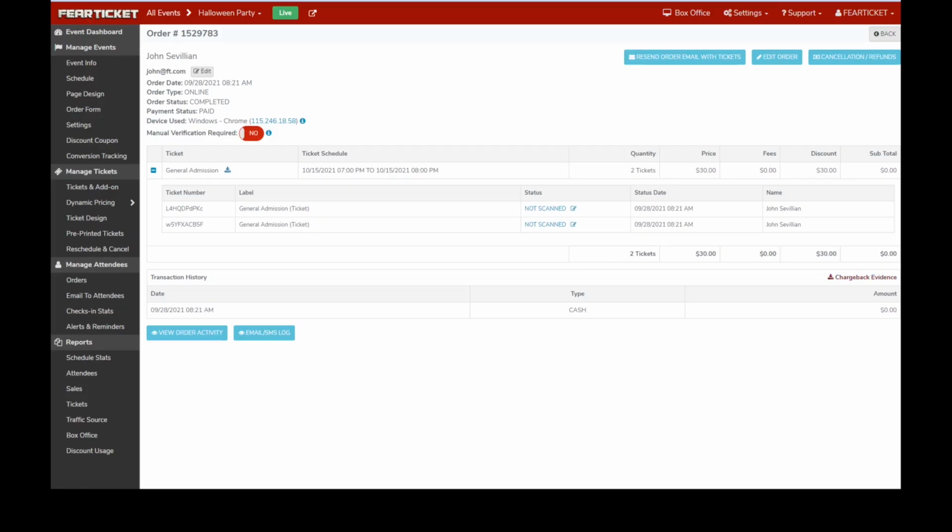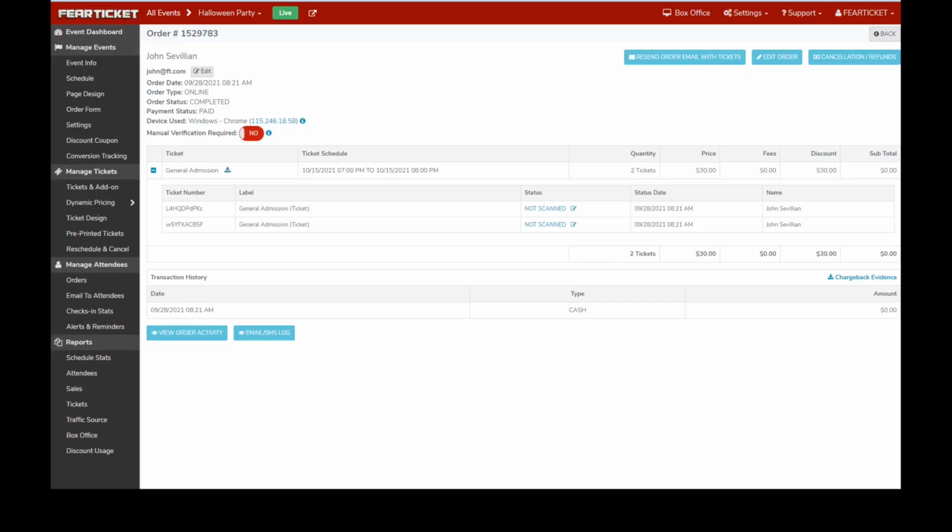Next is chargeback evidence. It may be possible sometimes you need to find the evidence about the chargeback. You want to fight the chargeback for a certain order. You can simply click over here and download the documents related to this order, and that will help you to fight the chargeback. You can submit these documents to the bank, and this is how you can give the evidence that this order is placed and the rest of all the information.